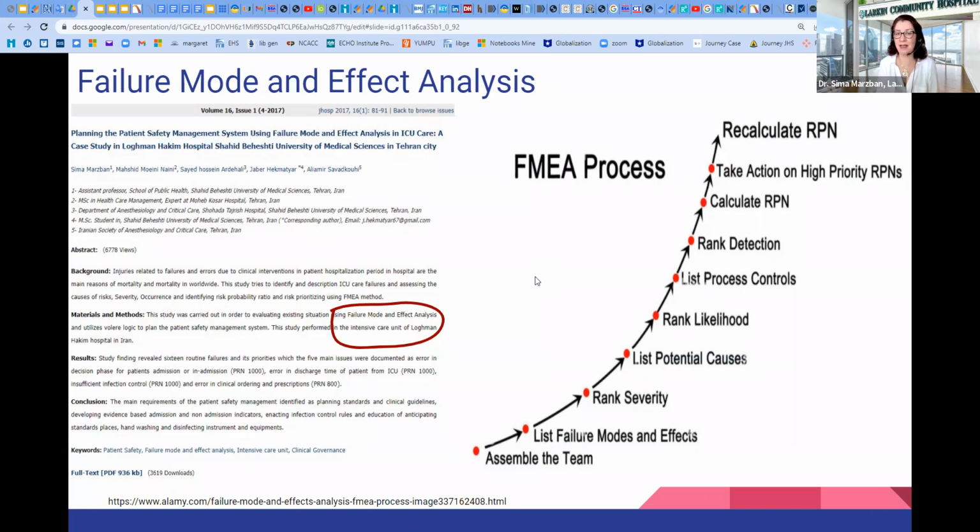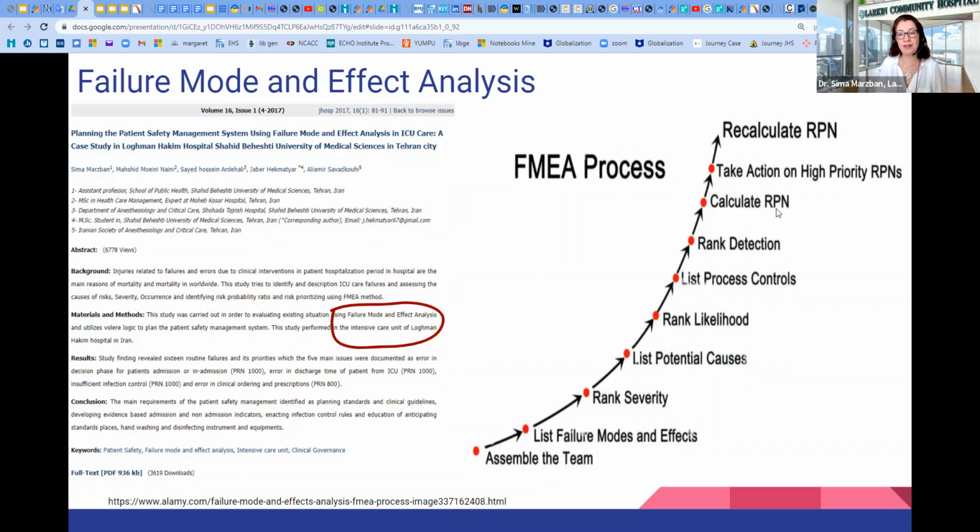The second methodology is FMEA. FMEA is the other methodology. In FMEA, you start from team formation, listing failure modes and effects, ranking severity of those failures, listing potential causes. You remember fishbone? Ranking likelihood of occurrence, listing process controls, ranking detection and detectability. To what extent we are able to detect those failures, calculate risk priority number, take action on high priority risk